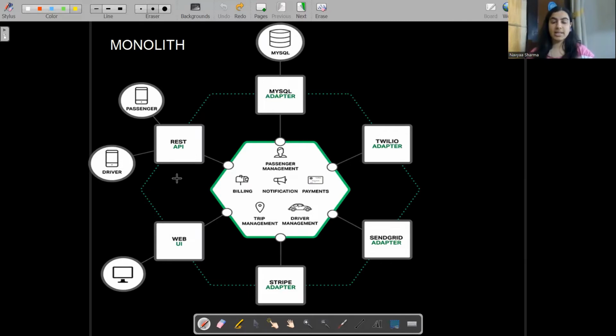Let's say the scenario here is that I want to start a cab booking company, a service similar to Uber or Ola, right? Initially there are not many people in my team. It's a small team, and there are not many developers available. We are just a startup, so we need to start with some kind of an idea, and we need some kind of